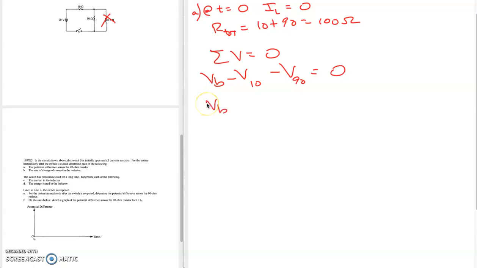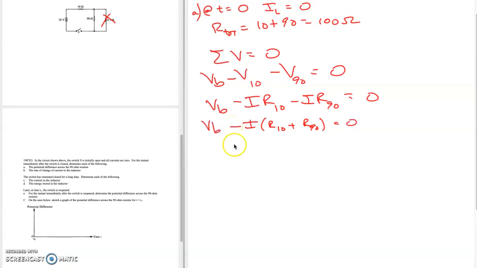And then we will have voltage of the battery minus IR minus I of the other R. Now, because these two guys are in series, those two I's are the same. So we will have 20 volts equals I times 100 ohms, and we're going to have a current of 0.2